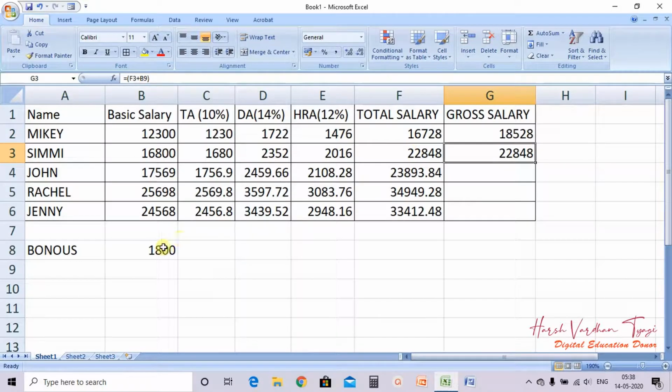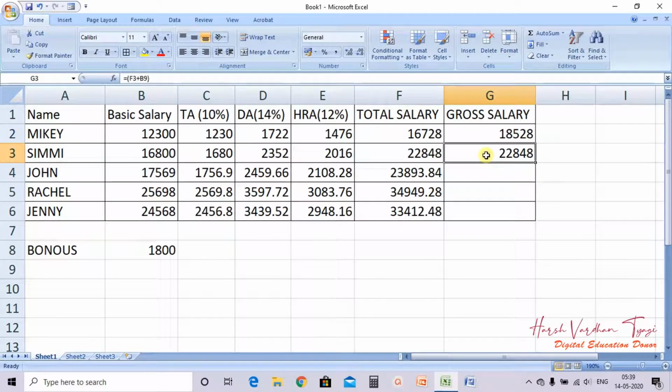F3 is okay, but the bonus value, it also has increased the reference here, B9, because it is taking it as a relative reference. What is there in relative reference? The value is added by 1. Here it is F2 plus B8. So when we add 1 to our formula, it will become F3 plus B9.